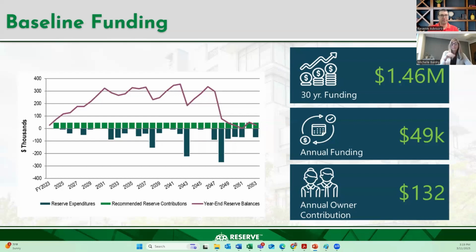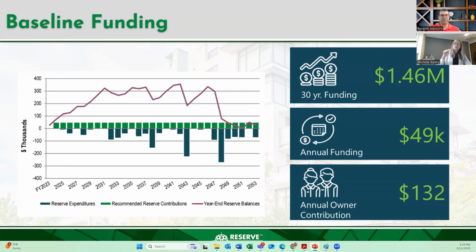Really difficult for the average homeowner to plan, difficult for management, difficult for the board. So the goal of reserves, as we discussed, is to pay our fair share, and you can see it's a stable, equitable contribution. It does inflate over time, but it's relatively stable. So there are going to be years where you're contributing more than you're spending and you're growing that reserve account. And then there are going to be years where you're spending more than you're contributing and you're draining that reserve account. And that's perfect. That's ideal, right?